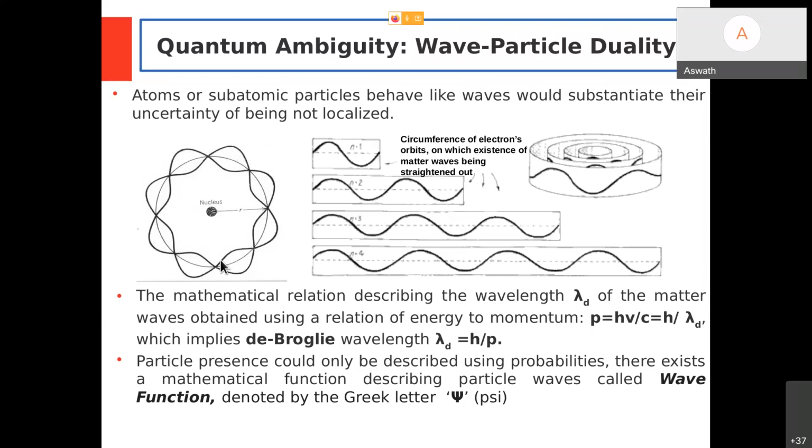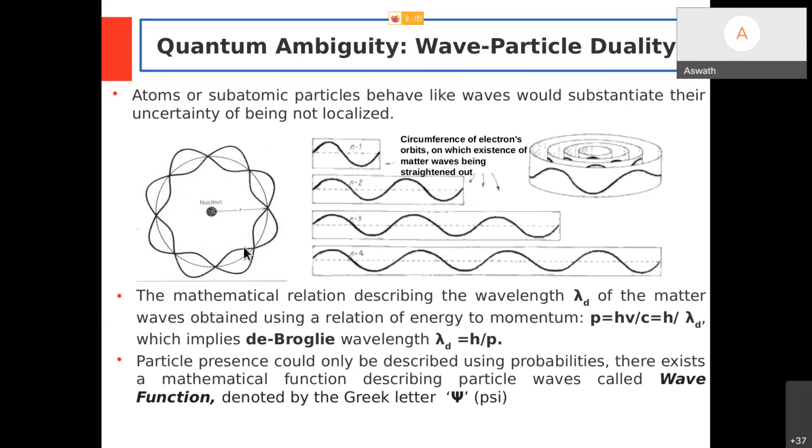So people came up with an idea that if I take an electron and assume that the electron behaves like a wave, then everything makes sense, right? So with that, quantum physics was developed in the 1920s, and people started giving explanations for quantum particles. Something at the atomic or subatomic level would behave like waves as well as particles. So it is called wave-particle duality. So an electron in an orbit would behave like a wave.